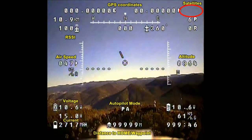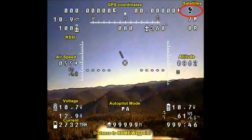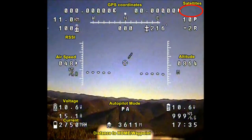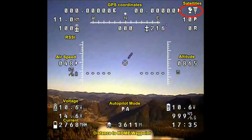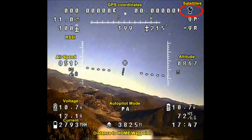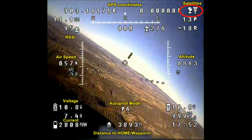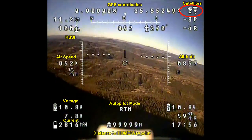And then the first thing I notice is that my distance to home has disappeared, and then I noticed the GPS satellite symbol flashing and realised the GPS has gone out. And I start, well, figure what the heck am I going to do now? So I slip it into return to home mode, but of course nothing happens, and I turn around manually, and